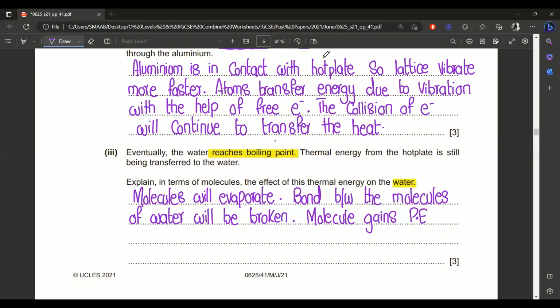So molecules gain potential energy that helps them to